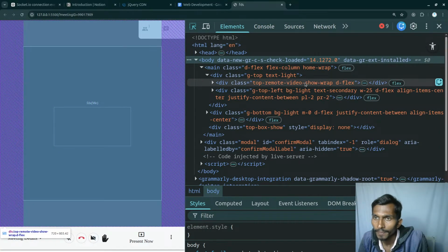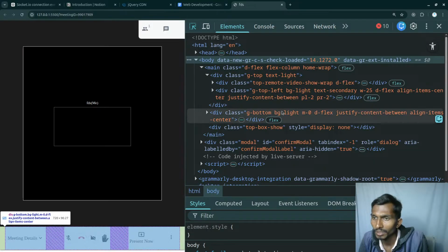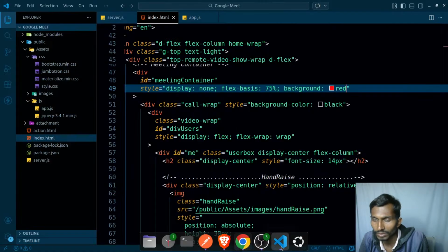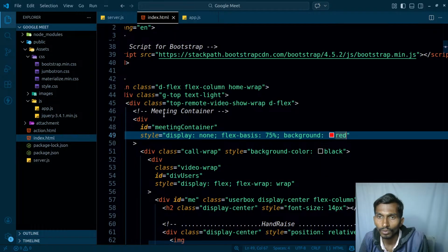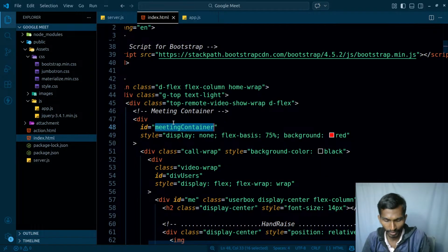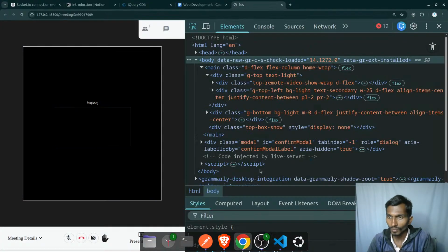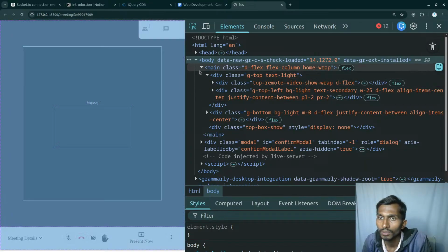In my file I had a media container, not media container. What was the name of the container? The name of the container was meeting container. Then that's again the ID. I wanna find that. So main,